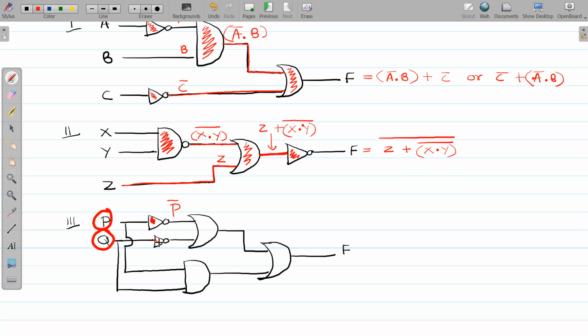From this NOT gate, we are going to receive Q bar, right? And since this is an OR gate, this is going to give you P bar plus Q bar,